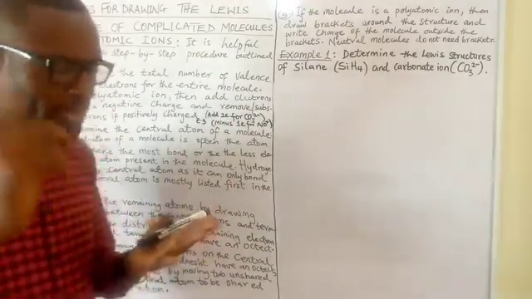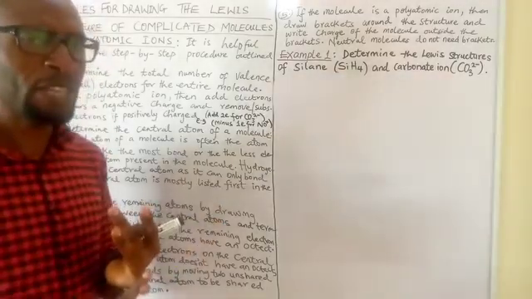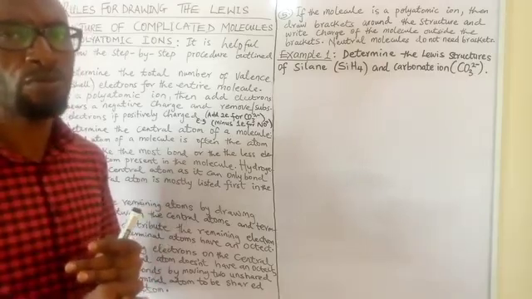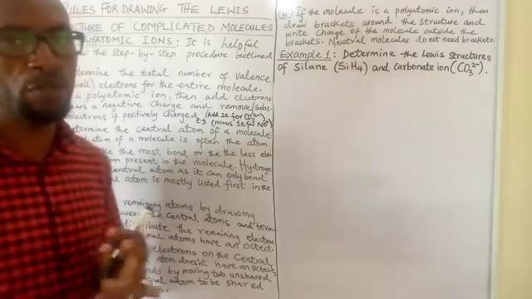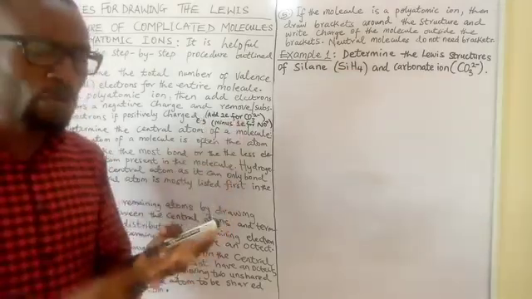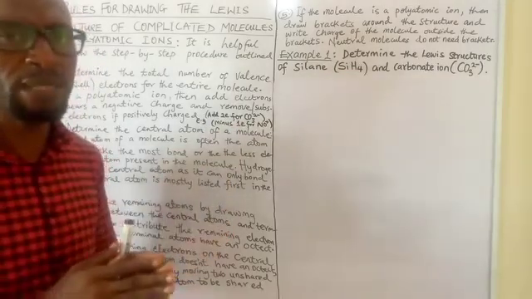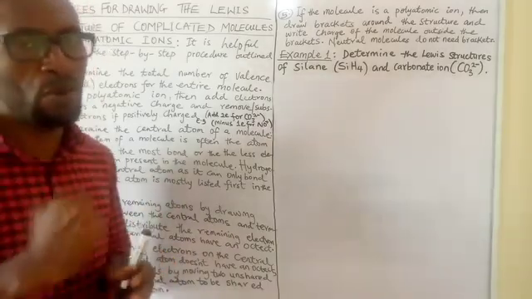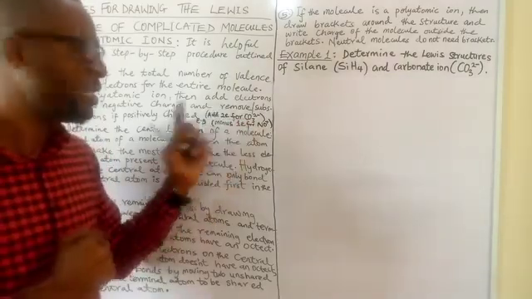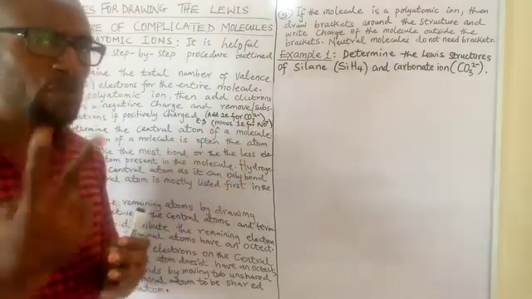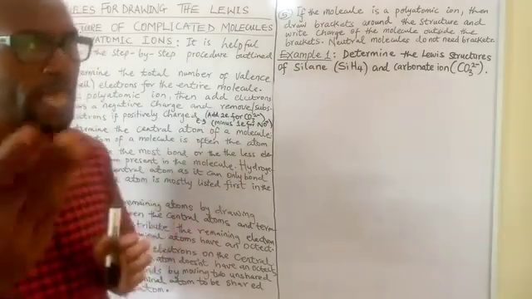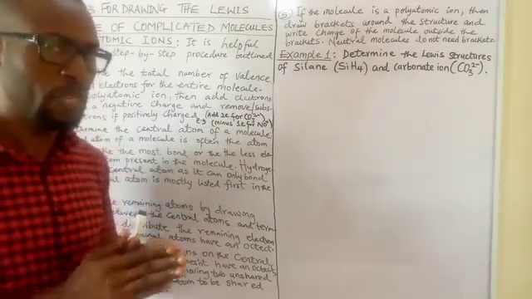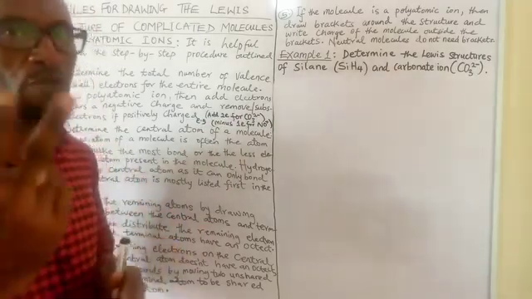What am I saying? The first signpost you must look out for, ask yourself, which of the 2 elements or atoms will make the most number of bonds? Remember, I told you the total number of bonds an element can make is equal to the total number of electrons it requires to attain its octet. Oxygen has 6 valence electrons and requires 2 electrons to fulfill its octet. Thereby, 2 bonds always go into the oxygen. So oxygen atom always likes to make 2 bonds.